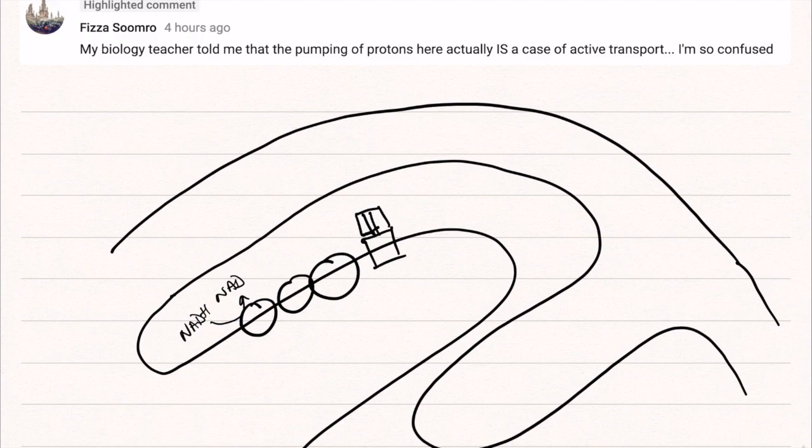The electrons move through the electron transport chain, eventually recombining with oxygen, whereas the protons